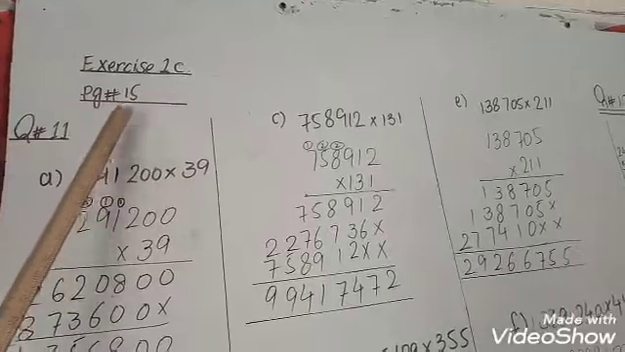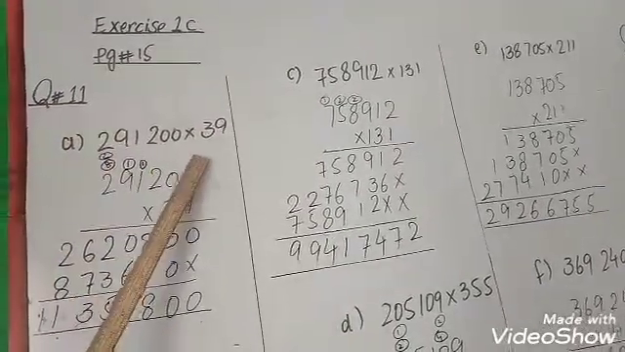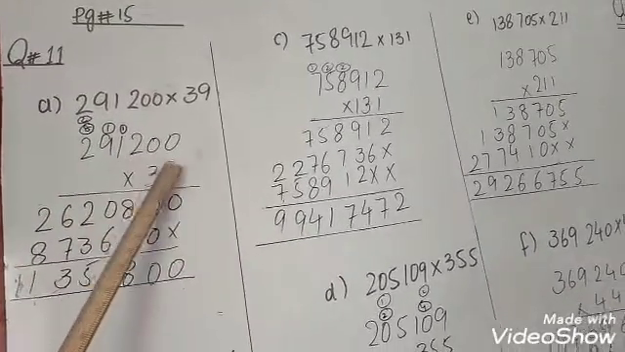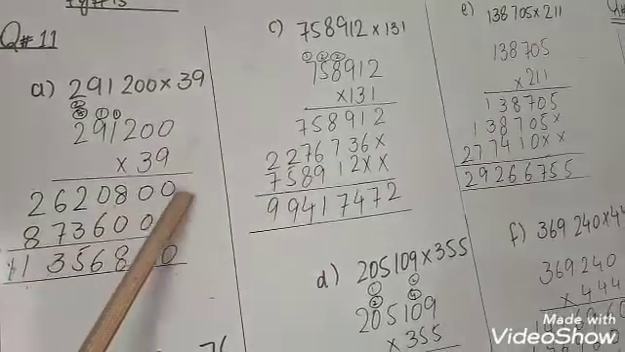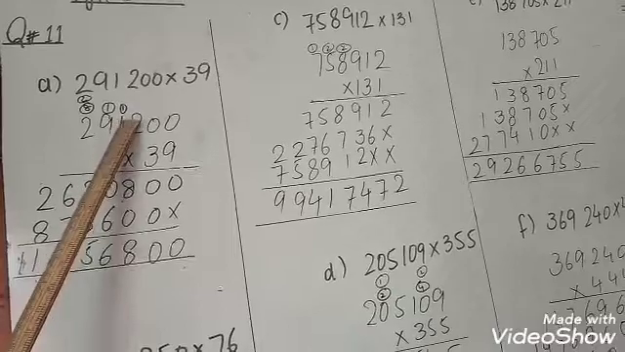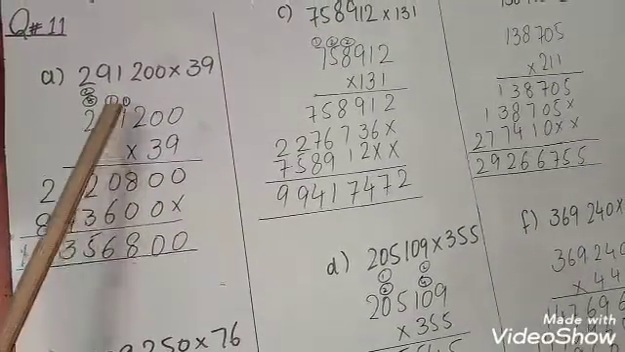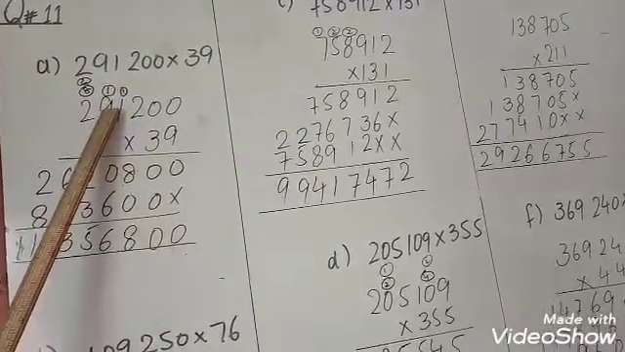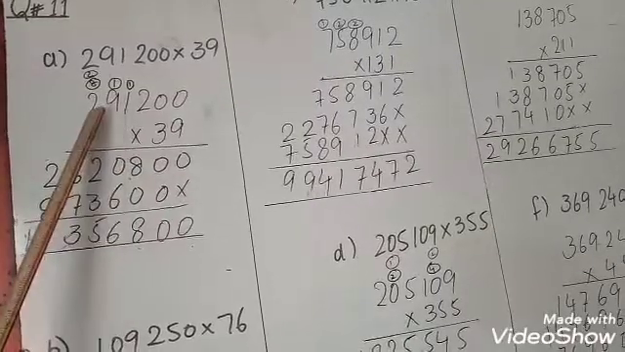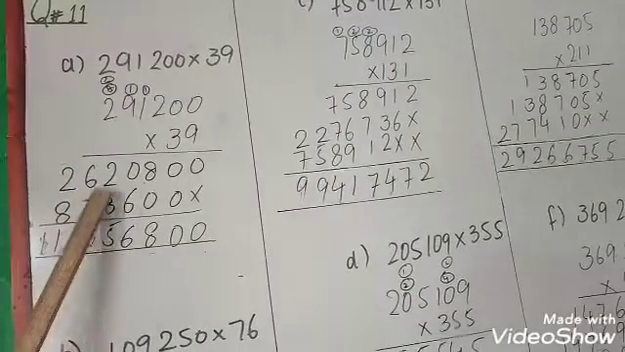Exercise 1C, page number 15, question number 11. Part A, multiply these numbers. We write in vertical form, then we multiply one by one with all the digits. 9 times 9 is 81, 1 carry... 9 times 9 is 81 plus 1 is 82, 2, 8 carry, 9 times 9 is 81...